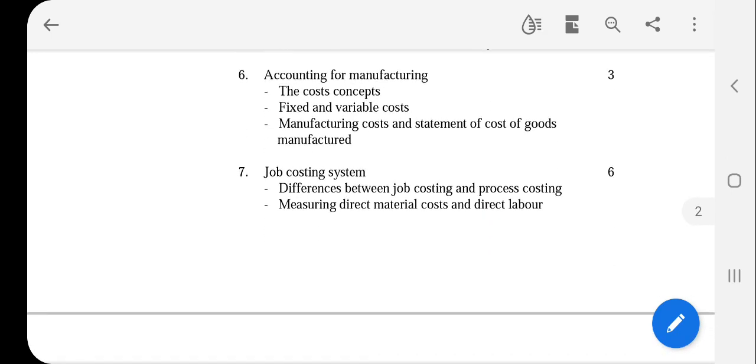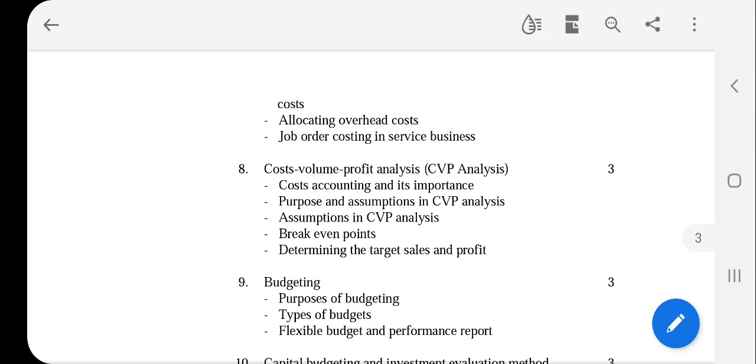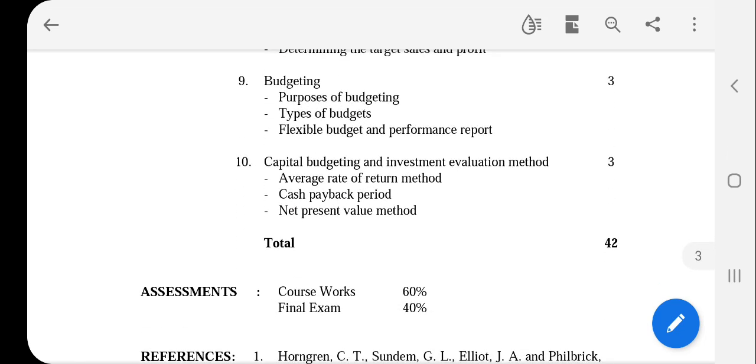Starting from topic 6, you will learn about management accounting. Topic 6 is an introduction to management accounting. And then topic 7 is one topic under management accounting. Topics 8 and 9 are also topics under management accounting. Topic 10, you can say that it is also related to management accounting, and it is also related to finance actually. So don't worry about that. There are 10 topics to be covered in 14 weeks. Most of the time we have sufficient time to cover everything.